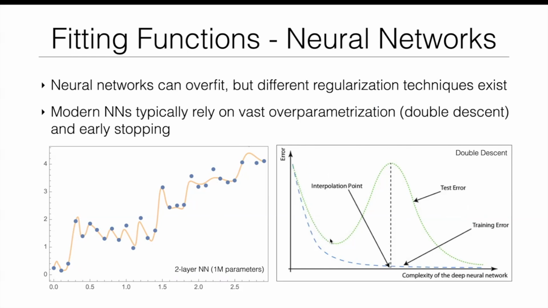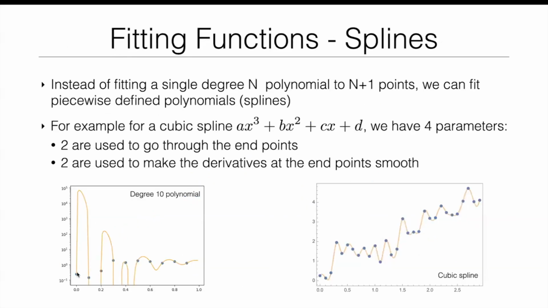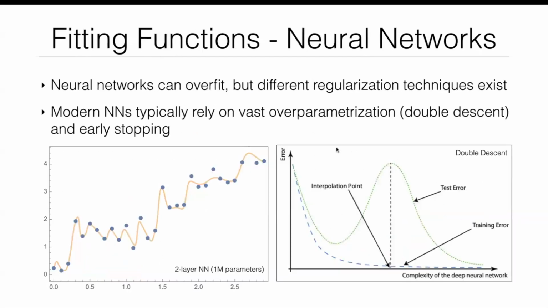But then eventually, they start to diverge a little bit, and the training error continues to go down as I start to fit these points better and better, but the test error goes back up. And this is exactly what we have seen here. So now you have a generalization gap where I'm hitting all of these points exactly, but in between I'm making huge errors. And this is called the bias variance trade-off, and this was known for a long time